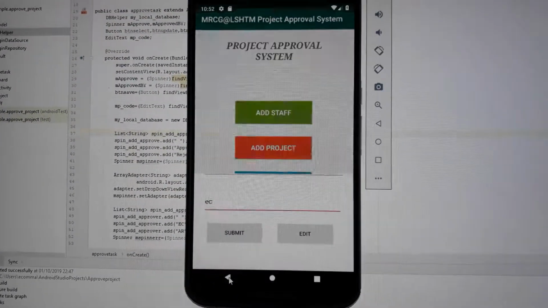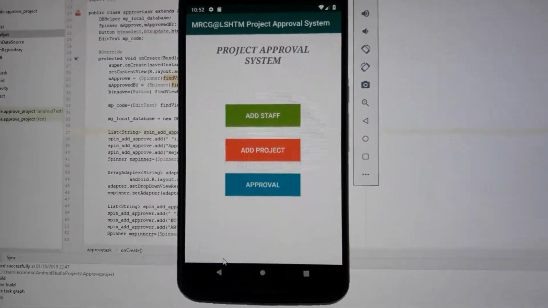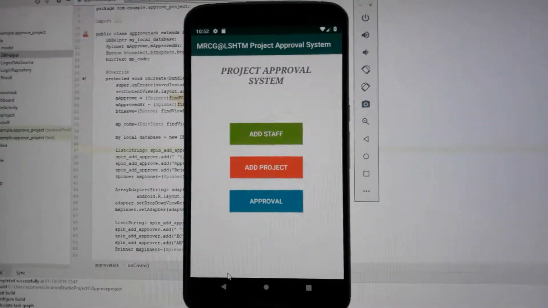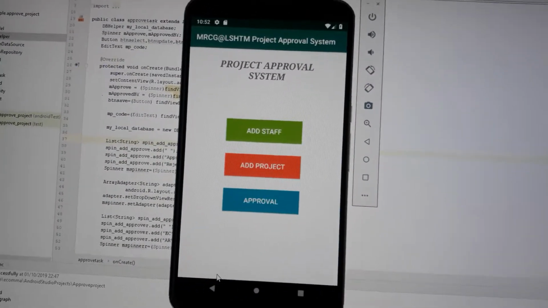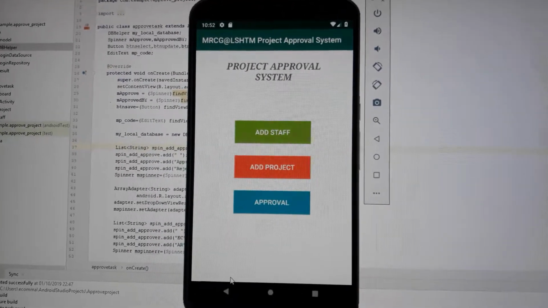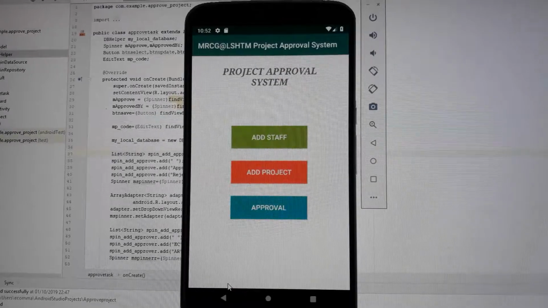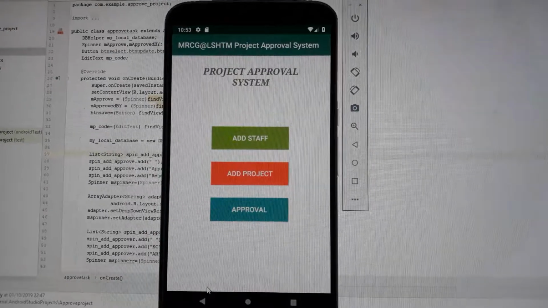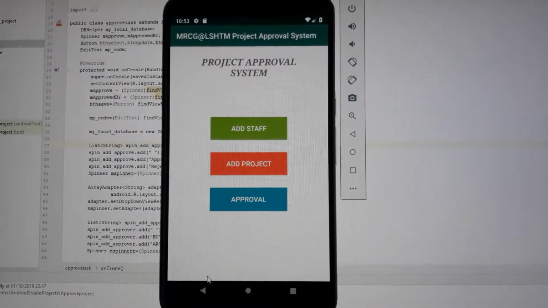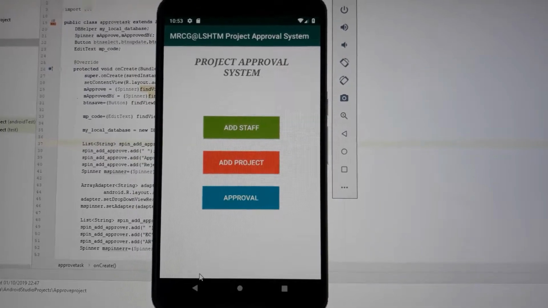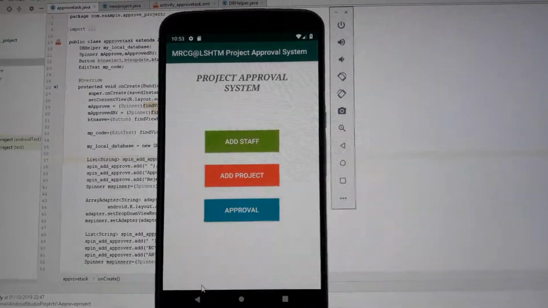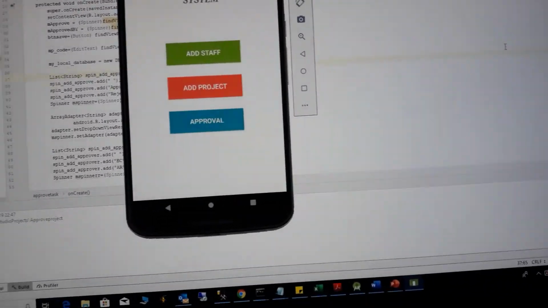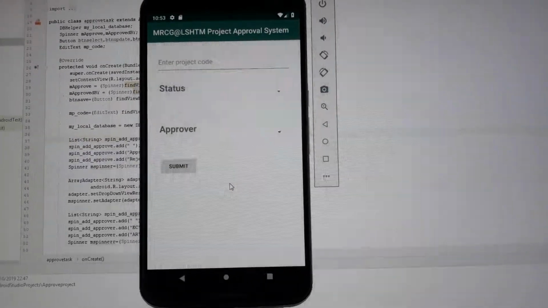So now I've added all this. I've added staff and then projects. If development for any project is at any stage completed, the data manager will simply communicate to the PI, and then the PI from any part of the world will simply run the application and come to the approval page. Click on the approval,